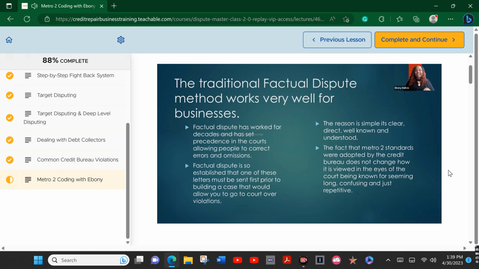The court does not see it as clear, concise, and direct, which is what factual is. That is why we do it the way we do it. So I want to make sure, can you do it with Metro? Absolutely. If you're going to become a subject matter expert,